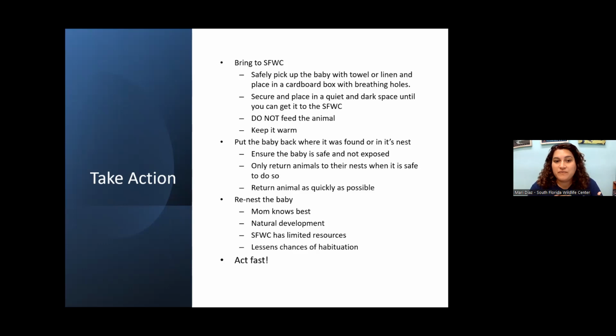If, like I said, the baby does not need medical attention, put it back where it was found. Sometimes we're lucky that we can see where the nest is and the nest is accessible. So if you're able to do so, please do so. Always just keeping in mind that your safety is first. So I'm not encouraging you to climb 20-foot ladders to put babies back up in their nests. That's something that our professionals can do. But if you have that opportunity to return the baby as quickly as possible, we encourage you to do so,